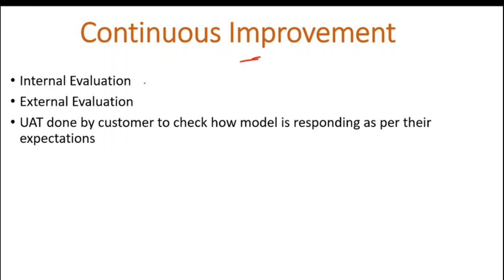Once the model is ready, it will go to internal evaluation. In internal evaluation, within our organization, our senior officials will evaluate the model. They will give random data to the model just to see the results, like whether the model is performing well or not. When it has passed the internal evaluation team, it will go to the external evaluation team. The client will assess the model, pass random inputs to it and check the results, like how the model is performing. Once it has passed the external evaluation, it will go for UAT testing, that is user acceptance testing. It is done by the end user, who will check whether the model is performing well or not. So it's all about the life cycle of data science projects.